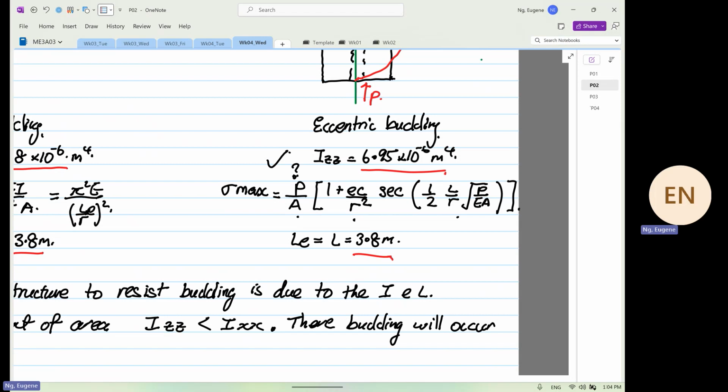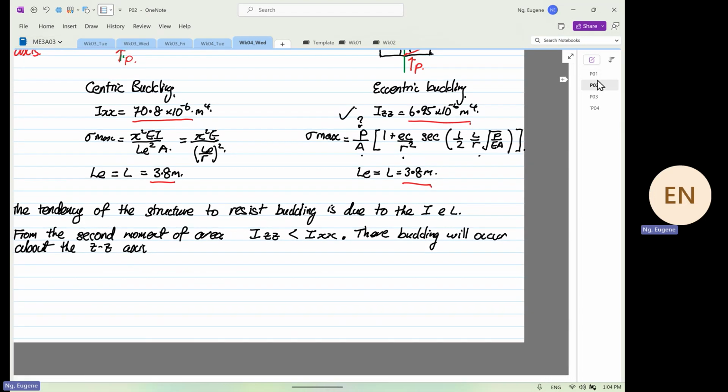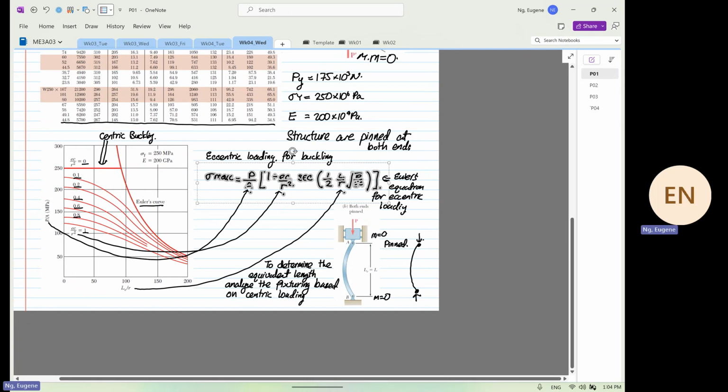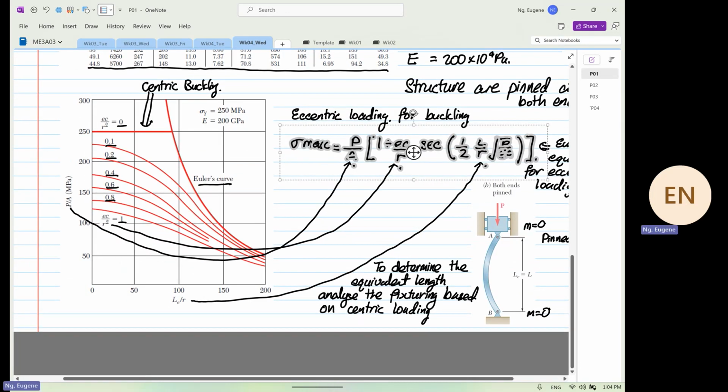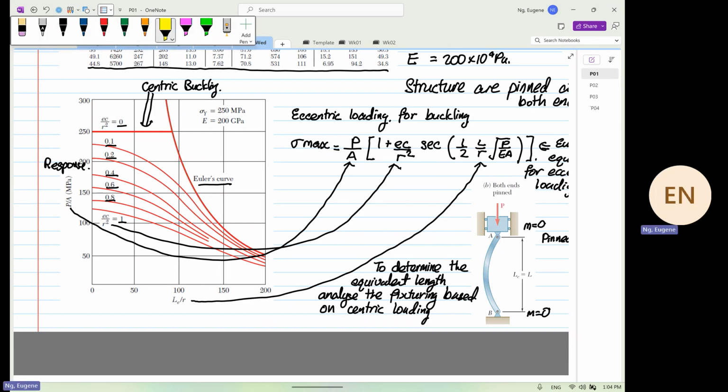Chart. Okay, before we go on, let's go back to the chart. To use this chart, what we want to determine is the response. The vertical axis is the what? The response. So in order to use this, we have to determine two values. Before we use this chart, there will always be information regarding